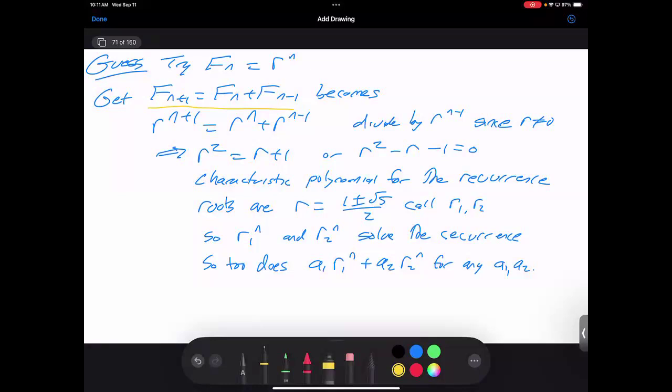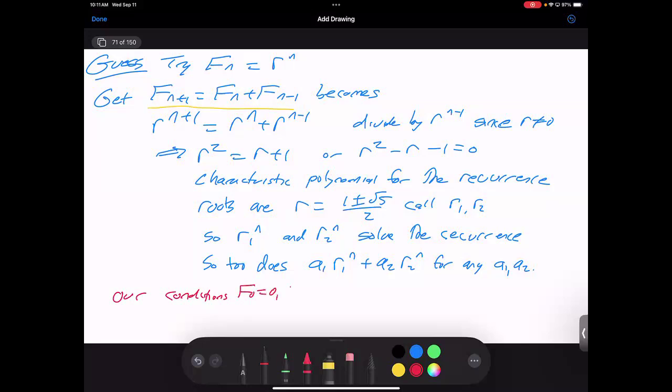Well, you've hopefully seen something like this with subspaces. If I have two vectors that are in a subspace, the linear combination is in the subspace. That's what we're doing down here. And so I'll leave this as an exercise for you to go through and do the algebra and show that this works. And then with our initial conditions,